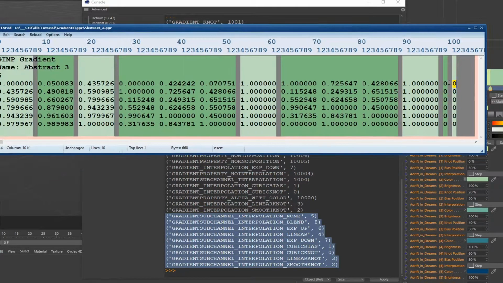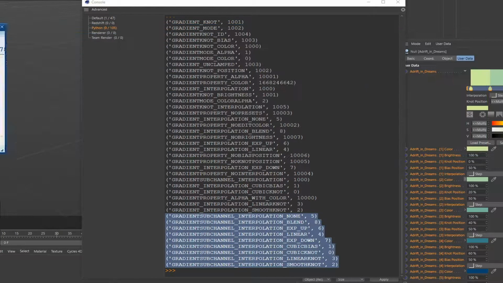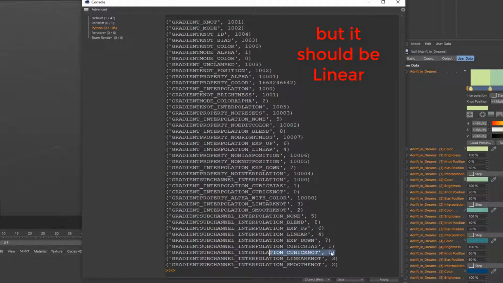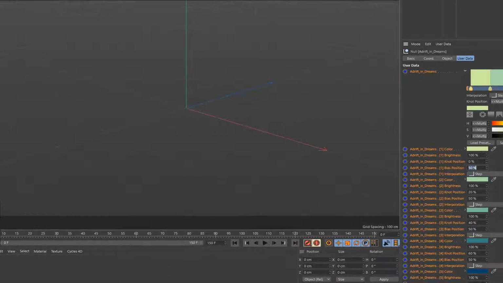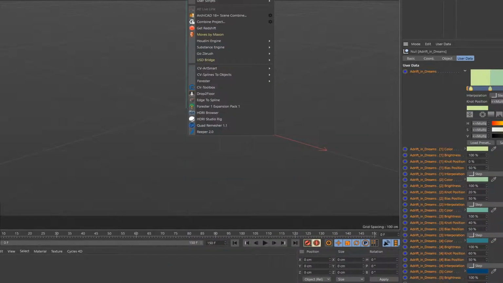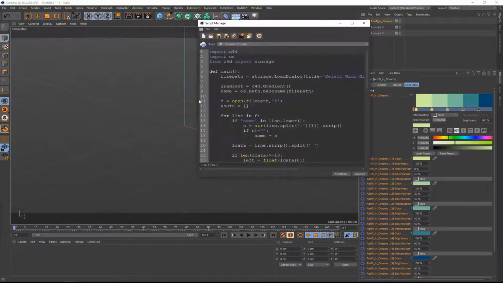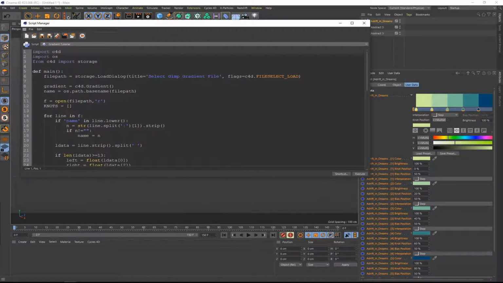So here's an example of a GIMP file. The interpolation is all 0. Well, 0 is actually a cubic knot. That's not what we want. Okay. So I've already worked out the code. So let's go back to our script manager and paste in some more here. Let's see if I can find it. Okay. I'm going to define a function